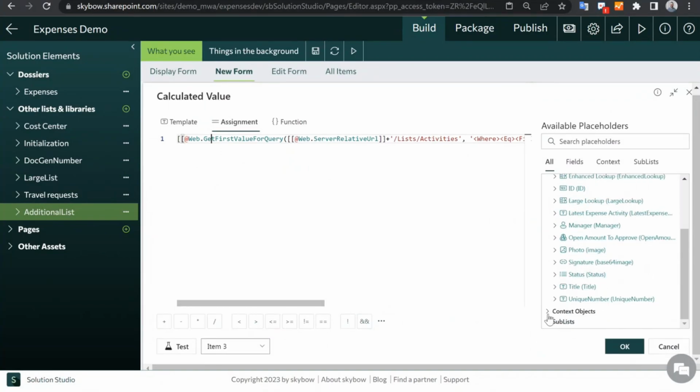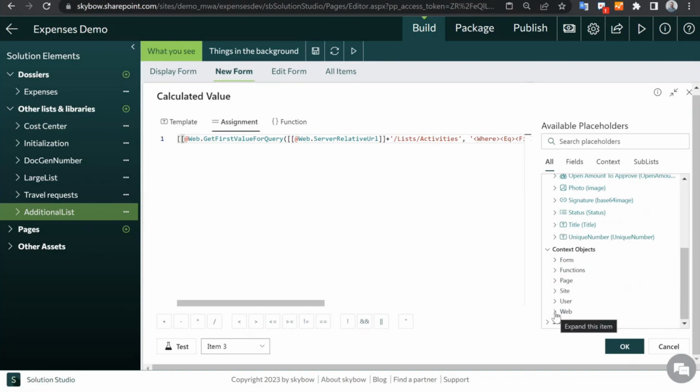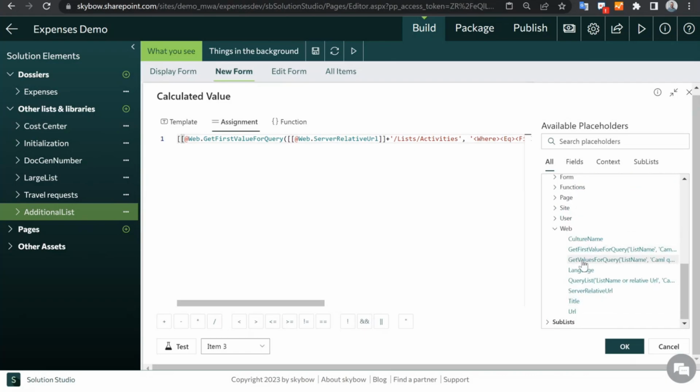And here, again, in calculated, I was using our query functions. And the query functions are available in the context objects, on the web or site. Basically, if it's something in the same site, web is actually an old legacy word, because previously there was a web and site. Now you have sites and site collections. But almost every time I'm taking the web because it's the local one. If you deploy it somewhere else in another web, sub-site, whatever, it will always work. So if you expand web, you can see 3 functions: query list, get values for query, and get first value